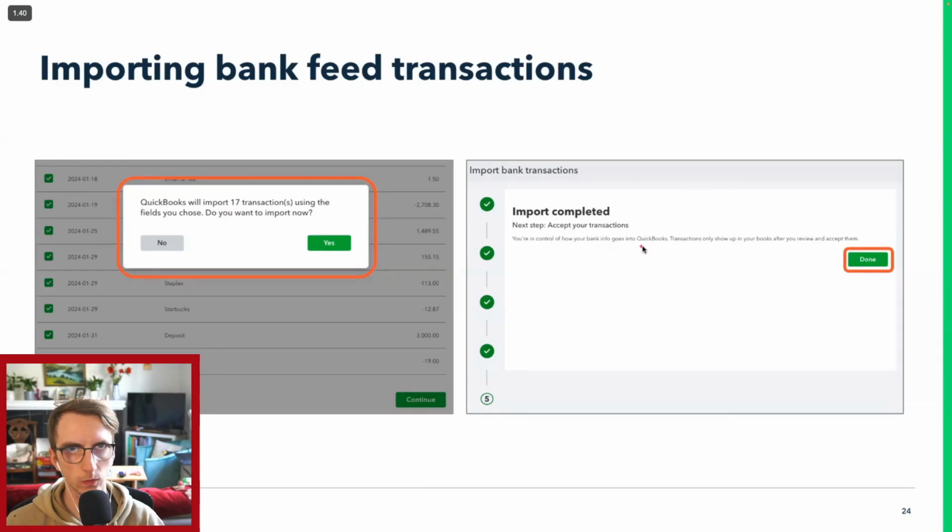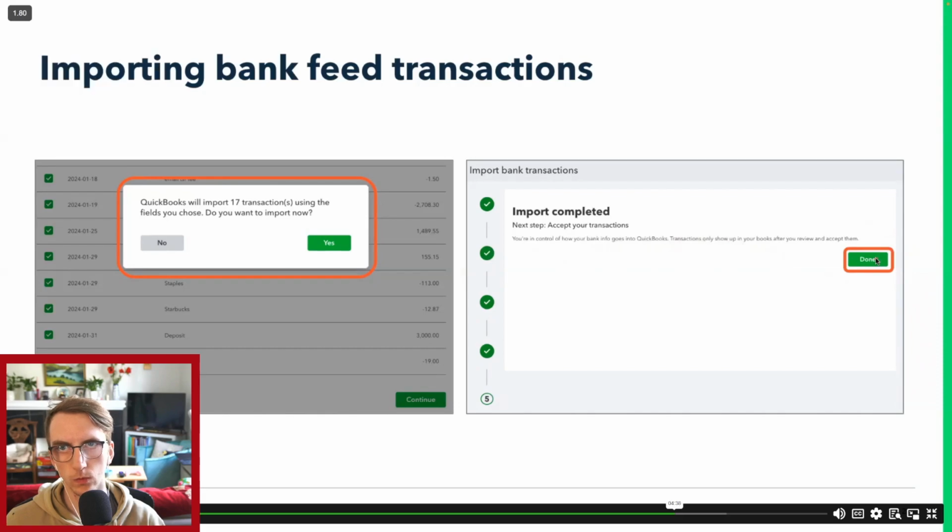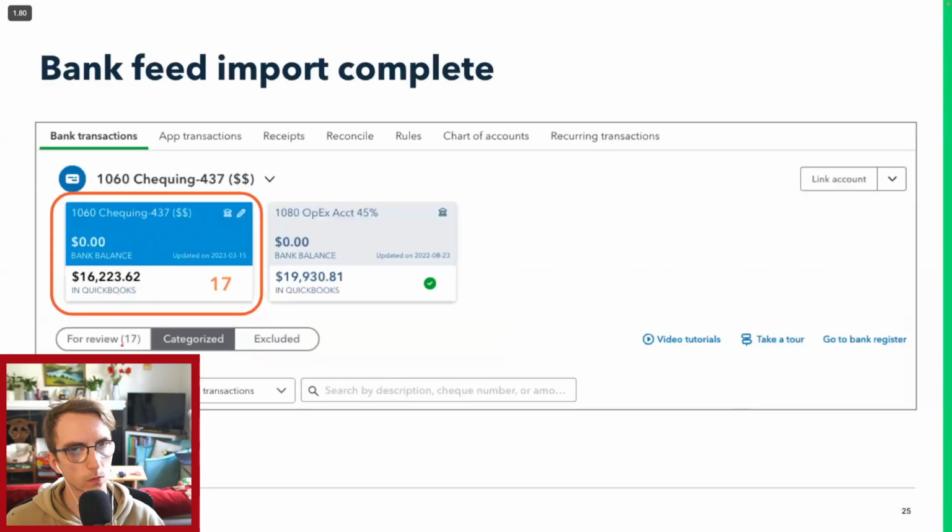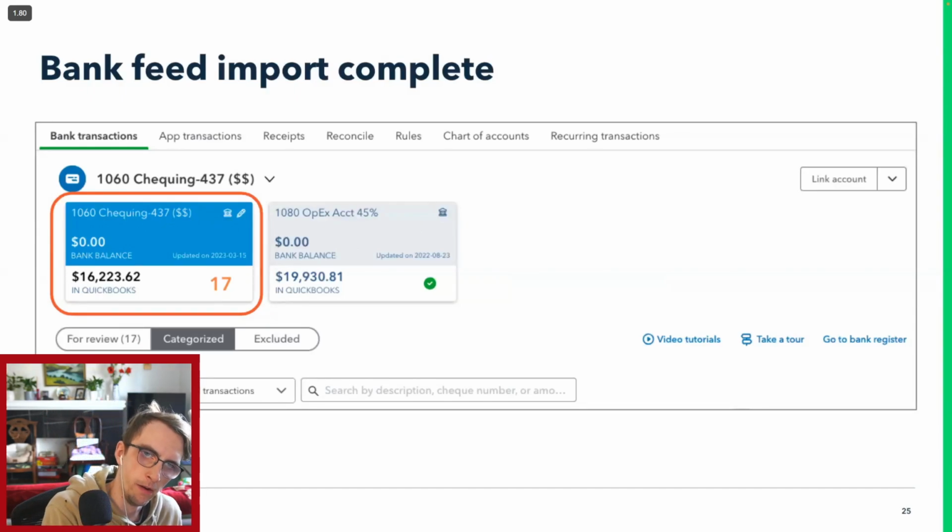You're now in control of how the bank info goes into QuickBooks, and now you can click done and proceed. Now you see we had 5 transactions a moment ago. Now we have 17 showing up in our checking account that we can now start processing. If you've imported any transactions in error, maybe you imported a greater date range than you needed, or you didn't double check those balances and you've brought them in as opposites, you can go ahead and exclude them. You'll go ahead and select all the transactions that you need, toggle the batch,